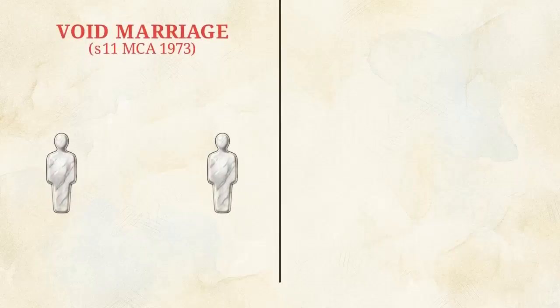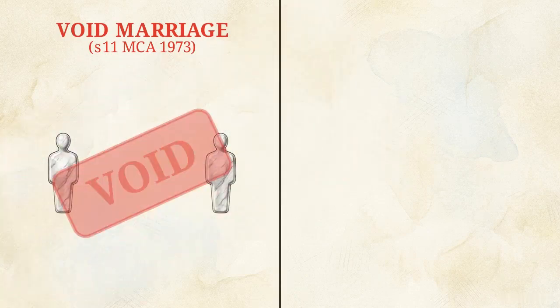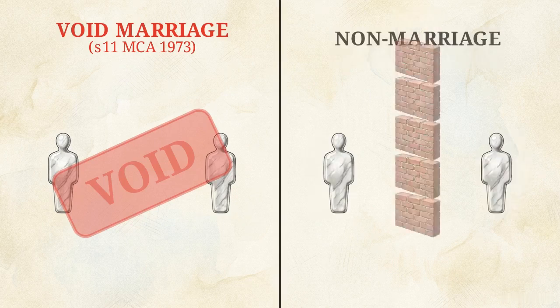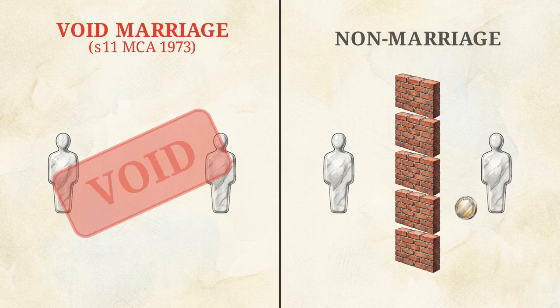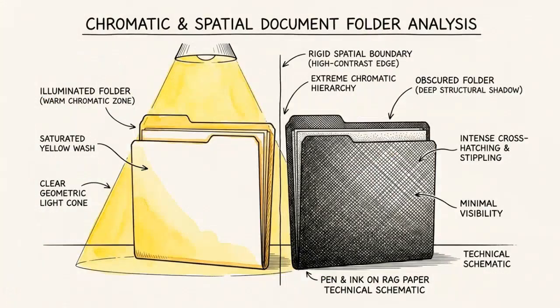This split screen captures the paradox. A void marriage never legally existed, but the Act still grants both parties standing to apply for massive financial and property orders. But there is a third, dangerous category on the right, the non-marriage or non-qualifying ceremony. A non-marriage lacks so many basic formalities that it fails to even qualify for the statutory protections of a void marriage. To see where this boundary lies, we compare two cases.